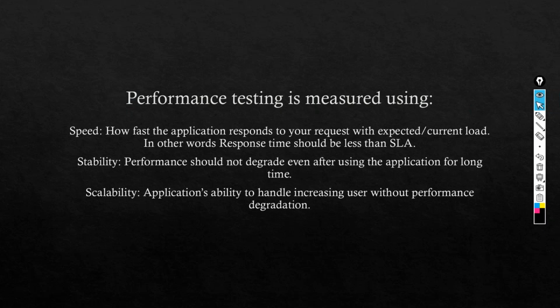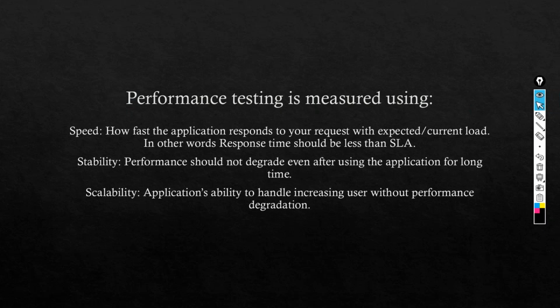If you ask me, the entire business depends on the performance of the application only, right? For example, Gmail. If you enter your username and password, and then you log into the application, as soon as you log in, you don't see the home page. Assume that it would take 1 minute or 2 minutes to just load the home page itself.